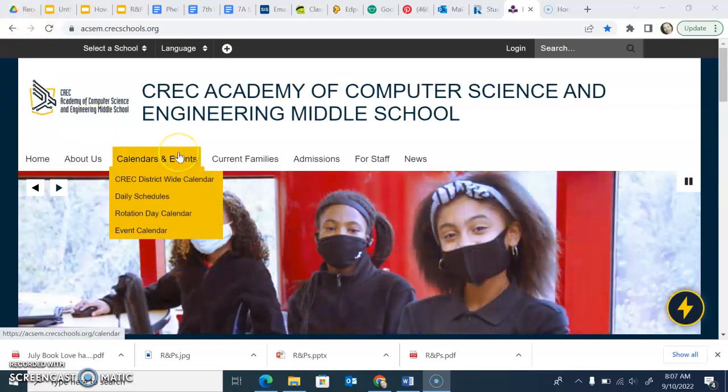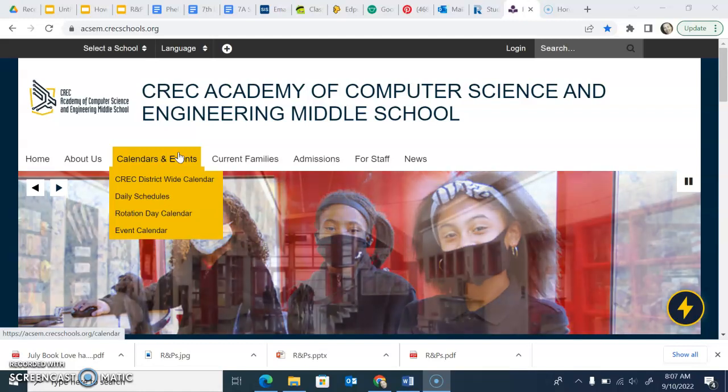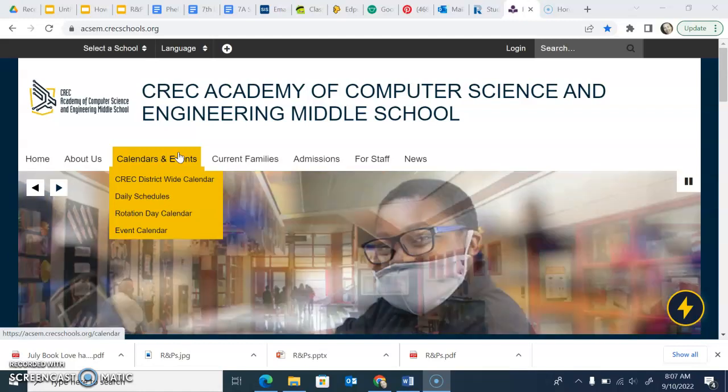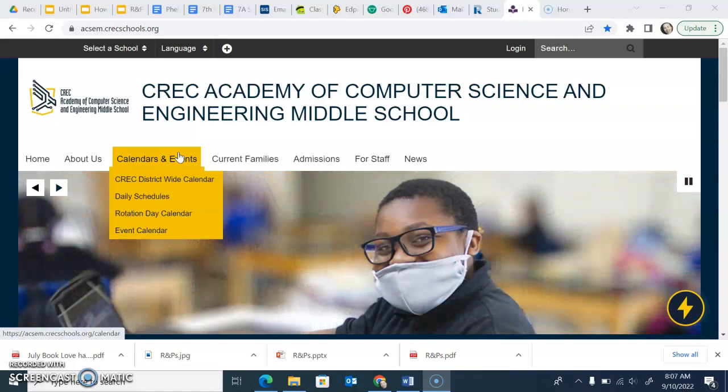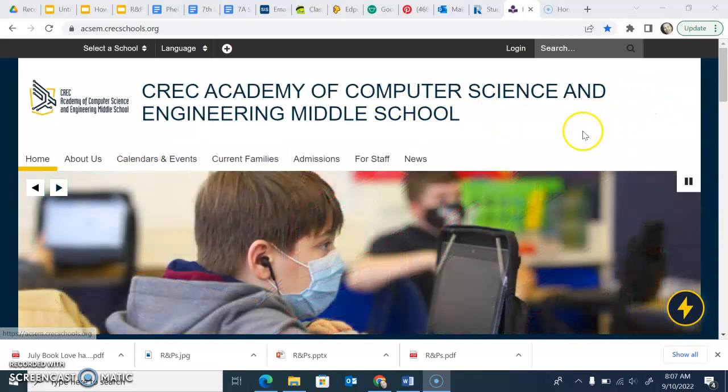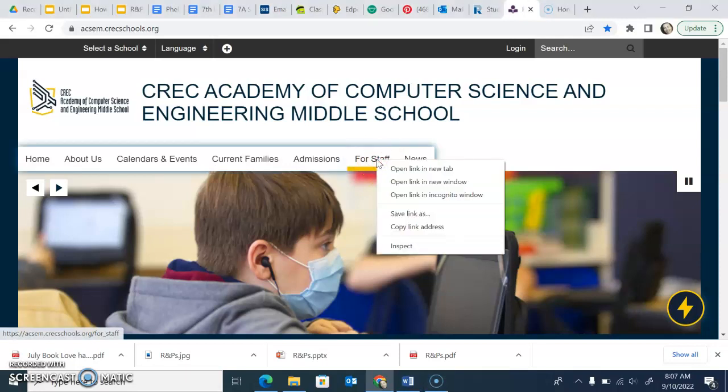If you click on bookmarks, one of the bookmarks that you will see will say Renaissance. You're going to click on that. But if you do not see those bookmarks or you're having trouble finding the title for Renaissance, you can click on the For Staff icon,